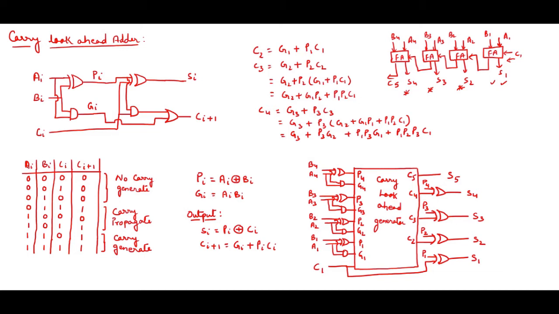So see the table over here. I have taken the truth table of a full adder, where I have written Ai, Bi and Ci. I have started from 000 to 111 because a full adder can go from 000 to 111. I have taken the same table, and this is Ci plus 1, that is the carry. Only Si, the sum part, I have taken out because I am facing a problem with the concept which I have explained over here. I am facing a problem with the carry. Sum is coming out, but I am facing a problem with the carry.